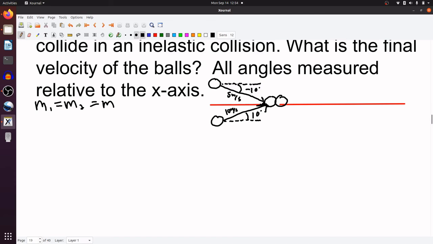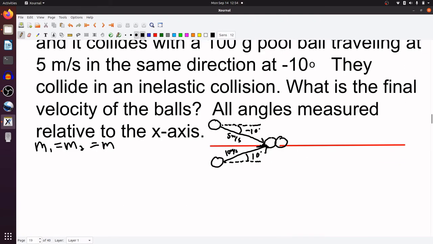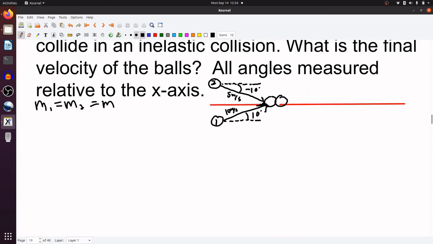Okay, all right, so let's start. Who's the first one that we came up with? 10 degrees? All right, so the bottom one's going to be 1, top one's going to be 2. Here we go. So with respect to the x, or the horizontal, we have m1, and it does have an initial momentum, so it's going to be m1 times the initial velocity of ball 1, v01, and then we need its component, so we want the cosine, so we get this horizontal side, cosine of 10 degrees